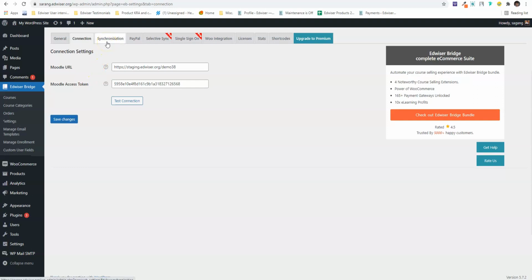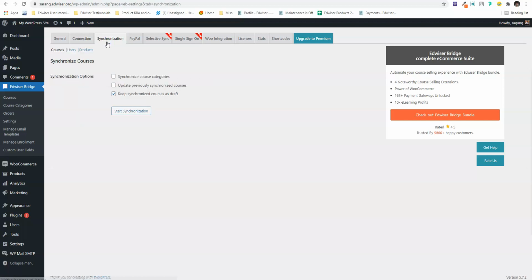Now let's go to synchronization settings and synchronize the courses. Once the courses are synchronized, we can now synchronize courses as WooCommerce products.